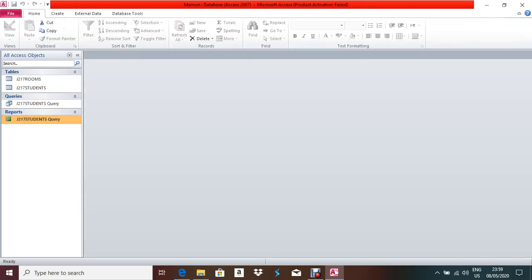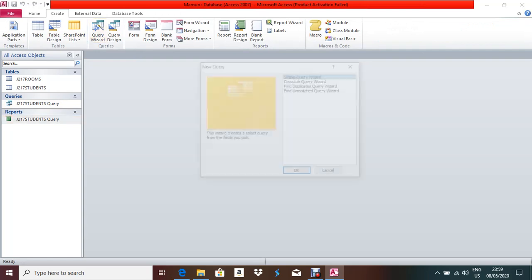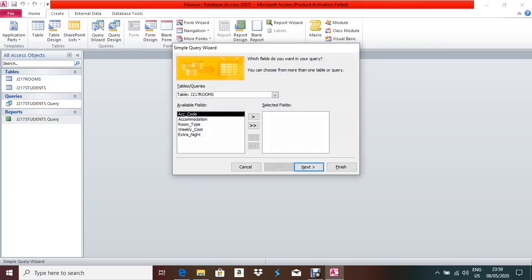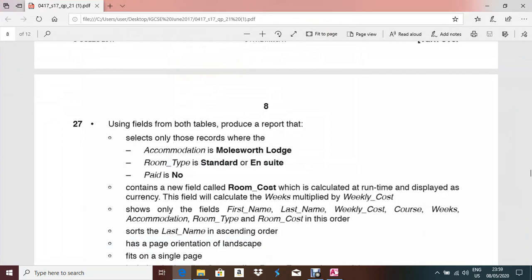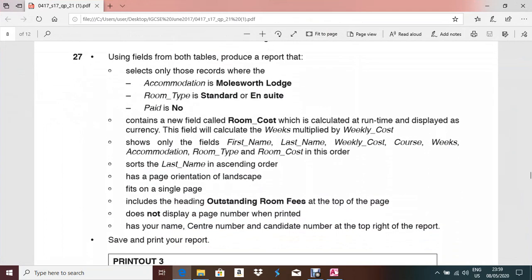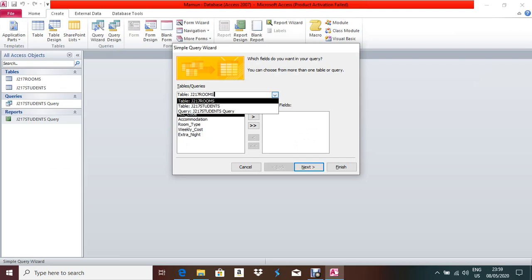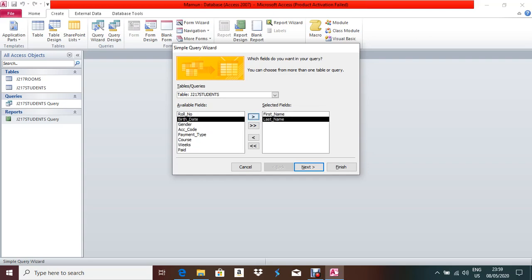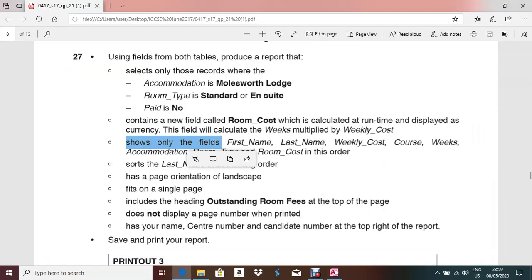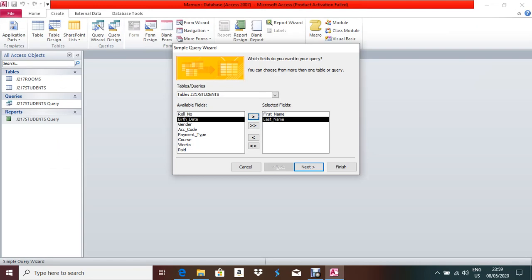Now for the second report, you have to create another query with the simple query wizard. What fields do you have to take from the question paper? Show only the fields: first name, last name, weekly cost, course. First from this table, first name, last name, then weekly cost. Weekly cost is not here. It is in the room table, weekly cost,